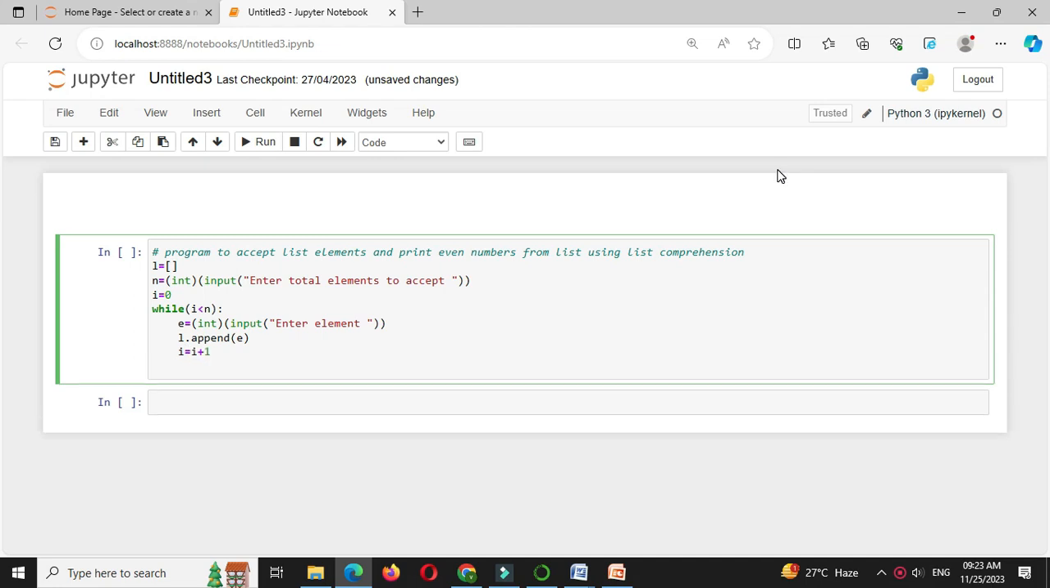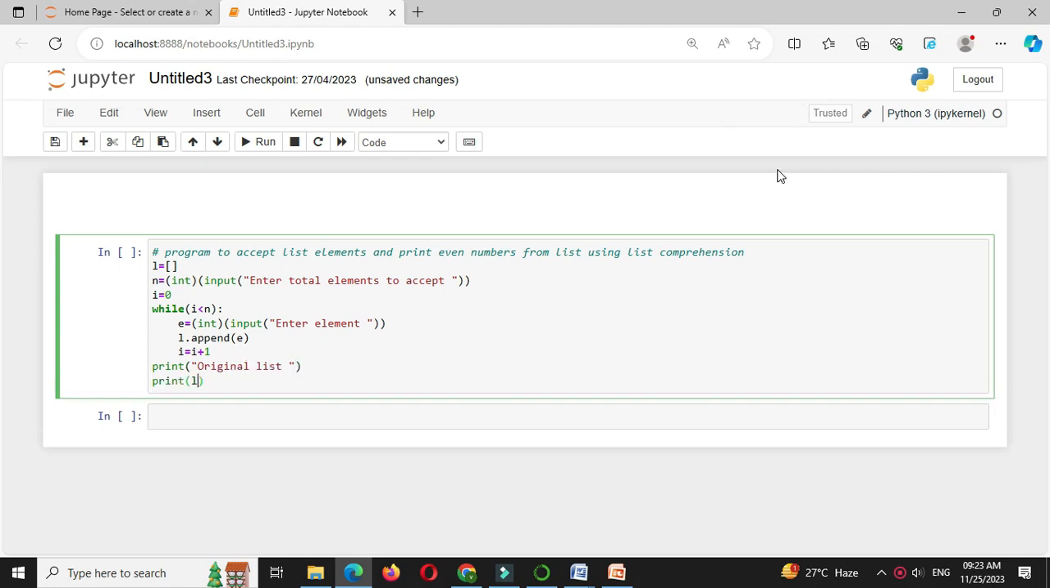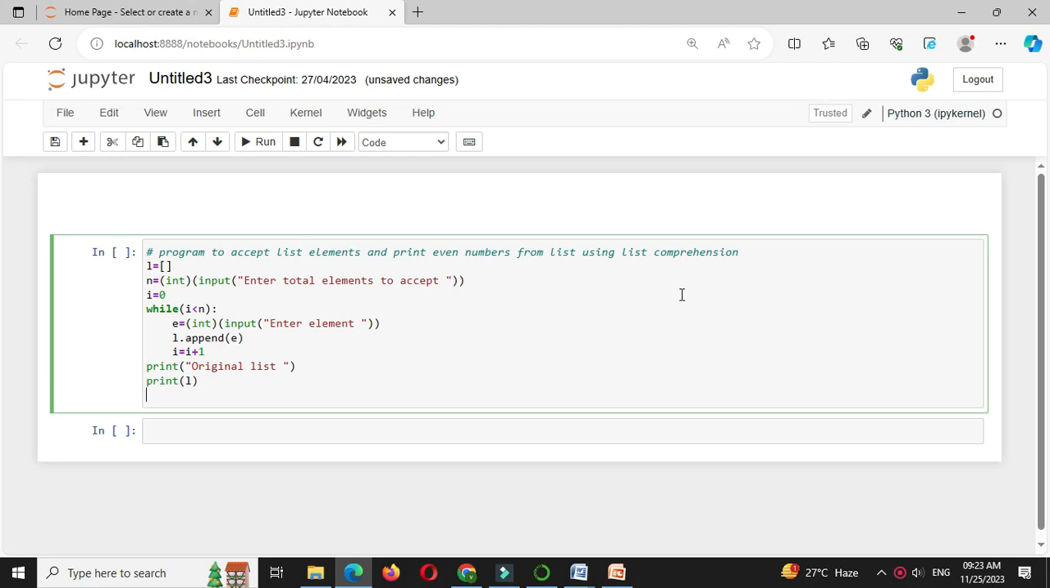Then first we will print list. So original list, and we'll print L. Then we'll print even numbers from the list using list comprehension. So we'll print the message